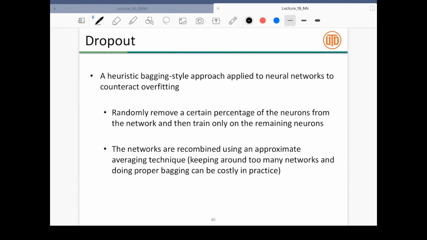It's called dropouts. Okay, so dropouts is very reminiscent of what we have studied, bagging, right? Essentially the whole idea of bagging is bootstrap, so you sample with replacement, and that is exactly what is done here. The way this is applied is that, suppose you're doing training, then at any time in the training, you can randomly remove a certain percentage of the neurons from the network and only train on the remaining neurons.